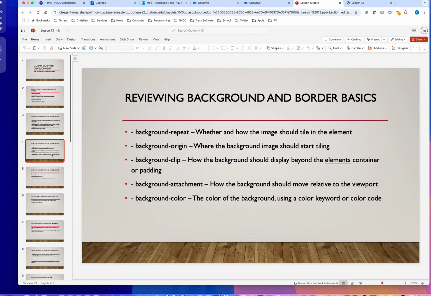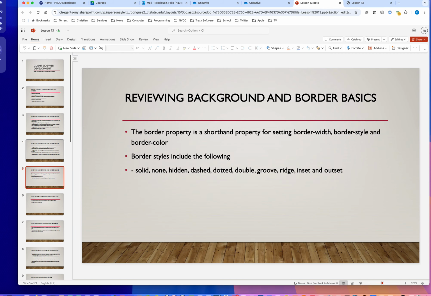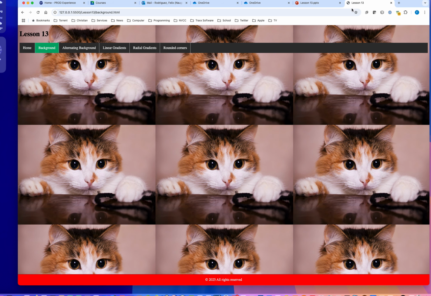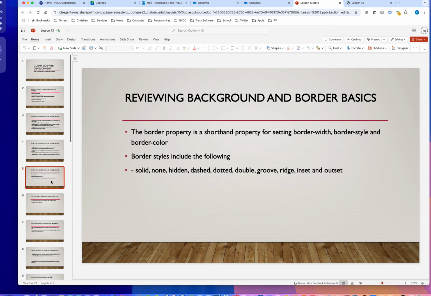Okay, so on the next slide, we're going to talk about the border property. It's just a shorthand property for setting your border width, style, and color. Border styles include solid, none, hidden, dashed, dotted, double, groove, ridge, inset, and outset. And you can play around with those on your own just to see what the different effects are. In our example here, oh, we haven't done that one yet. I think the next one,